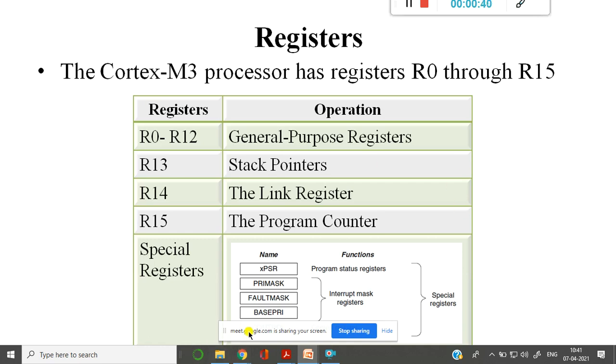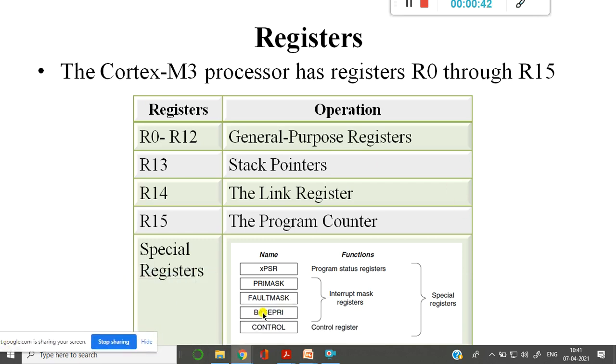Now, there are different types of special registers like xPSR. X stands for different values. In the program status register, you have come across three different types of program status register.